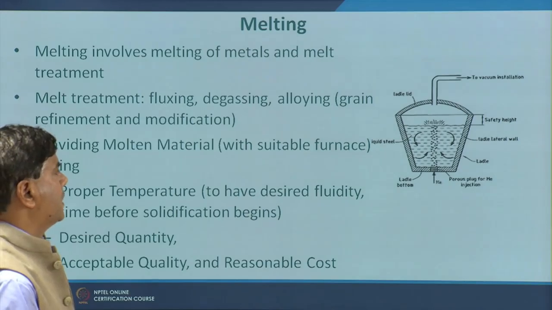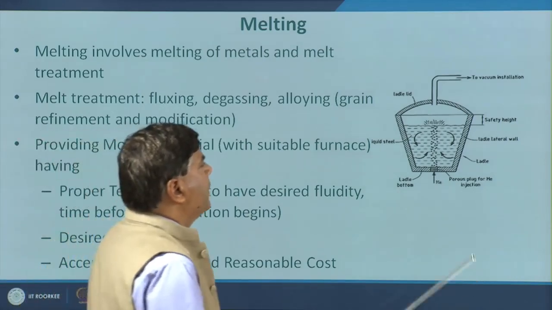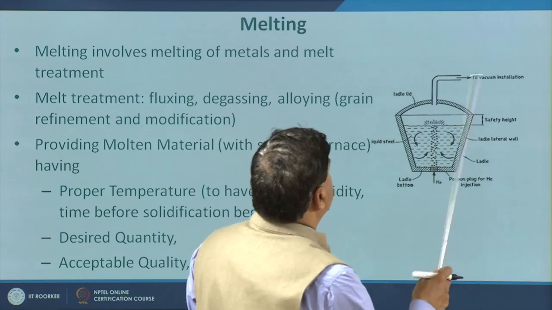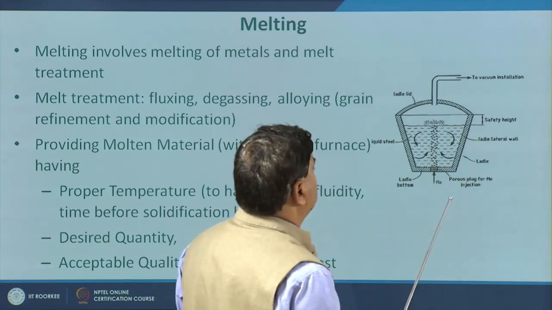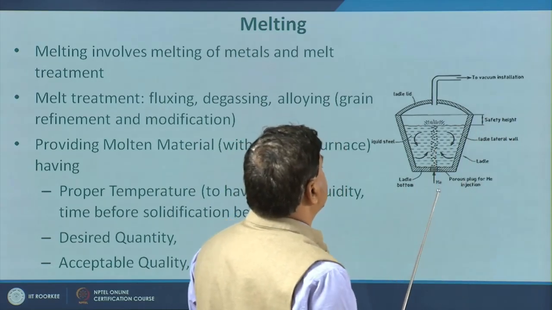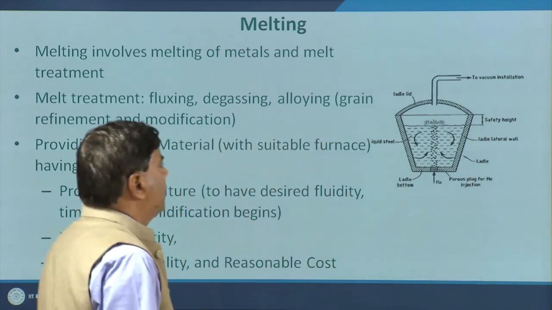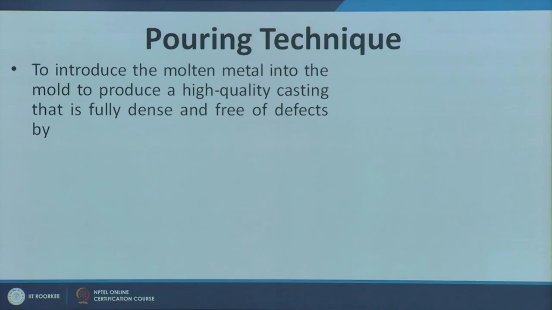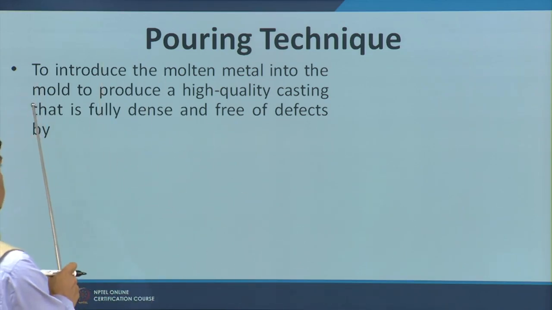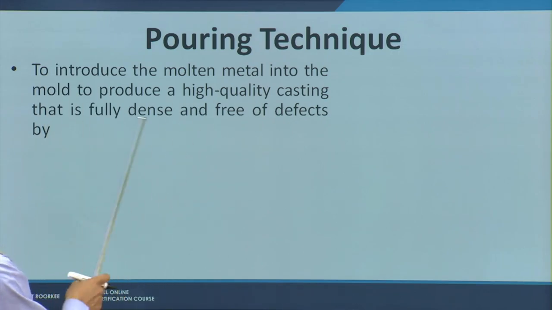This is how it is achieved, like the vacuum is applied, and the hydrogen gas is fed. This is the ladle for the treatment purpose. The pouring, as I have said, is one of the steps related to the casting. The pouring technique to be followed helps to introduce the molten metal into the mold cavity,